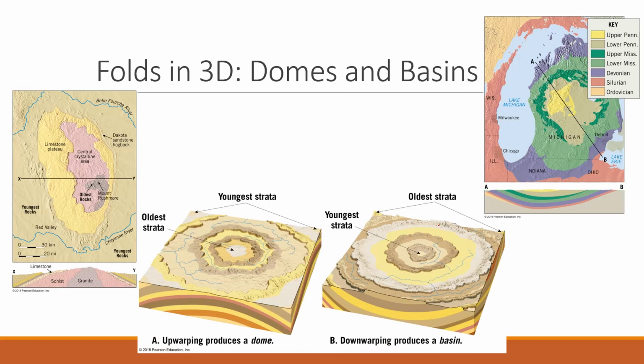If we go into the 3D, then our folds are now going to be domes and basins. So if you have an antiform in 3D, that will be a dome. If you have a synform in 3D, that's a basin. Oftentimes we will have what we call structural domes and basins. That is based on looking at the age of the units. So here we have the Michigan Basin. In the Michigan Basin, we have the youngest